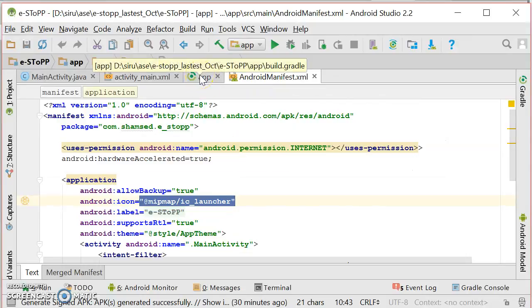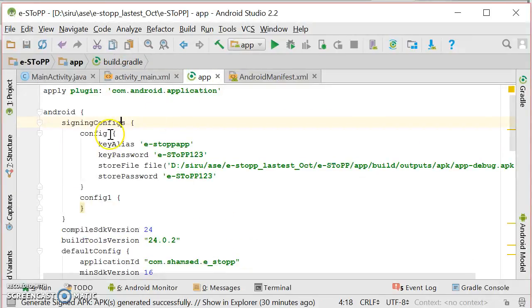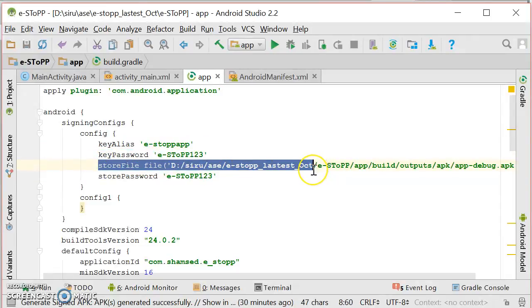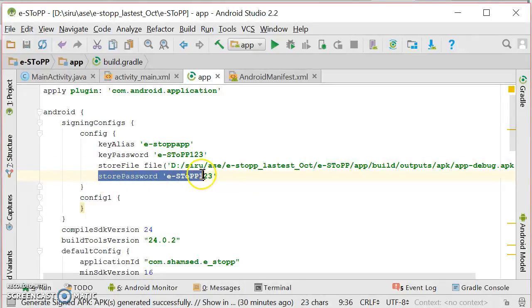There is one more file, app, which has all the key information like the key alias, the key password, the store file. Right now it shows the path which I have given, but that can be changed, and this is again the store password.